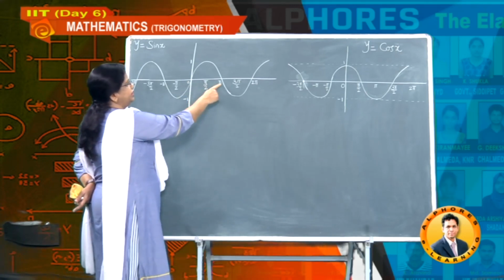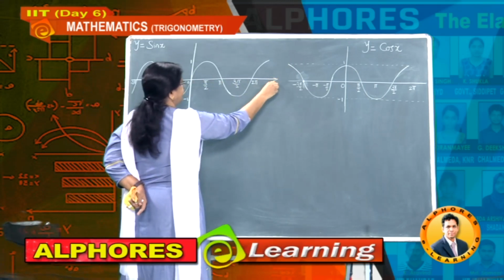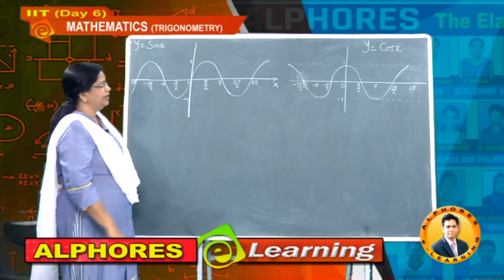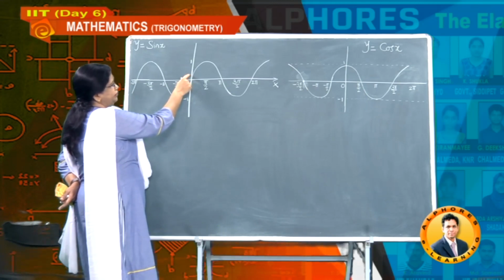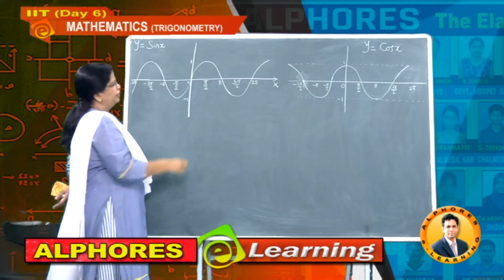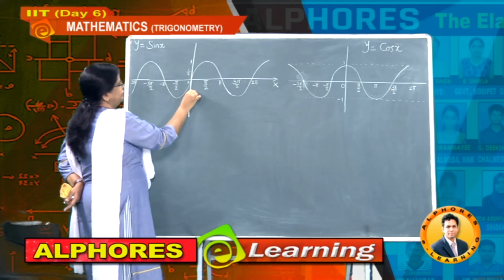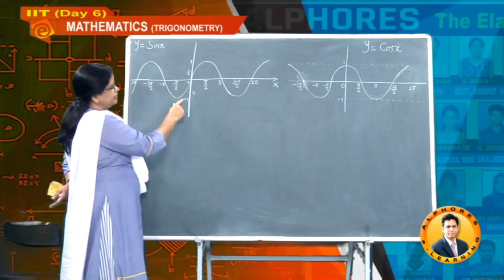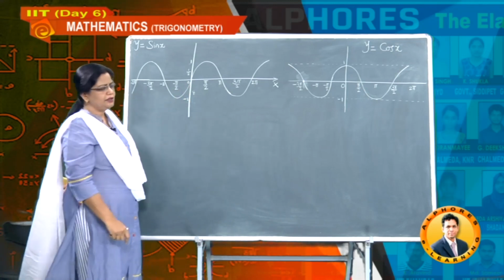Now 0, 90 degrees, 180, all these we wrote, and these are all values corresponding to which axis? X axis. Then what about values on the y axis? On the y axis you observe this is 0, 0.1, 0.2, 0.3 or 0.0001 etc. up to here where we are considering 1, and between 0 and 1 suppose you take 1 by 2, and here minus 1 by 2. Similarly on the negative side of the y axis you can see 0, minus 0.1, etc. up to here the value is minus 1.